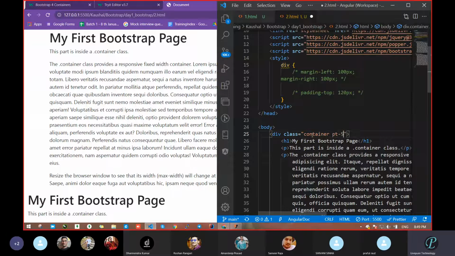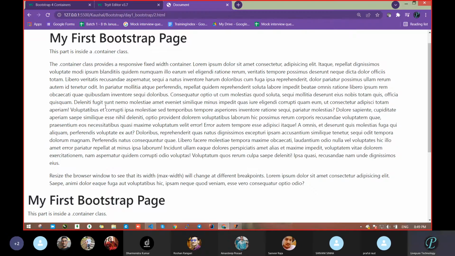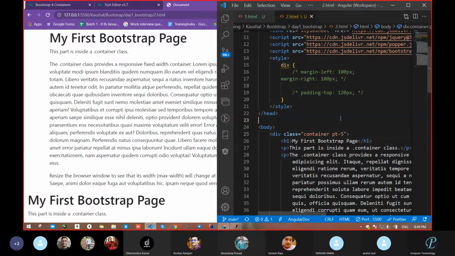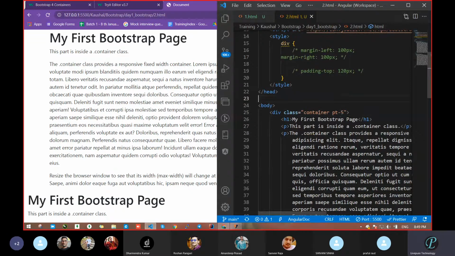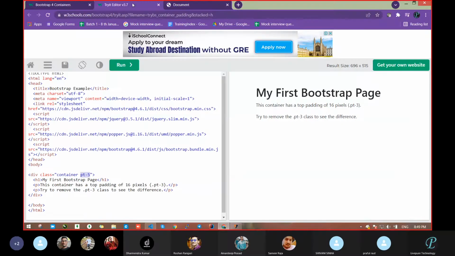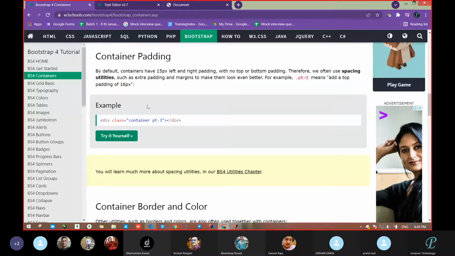Container, that's fine. Padding hyphen 5. Remove this. One second.